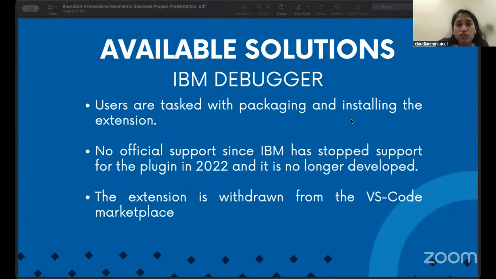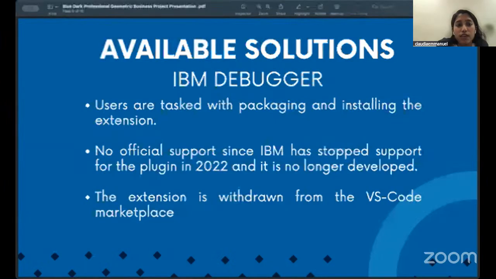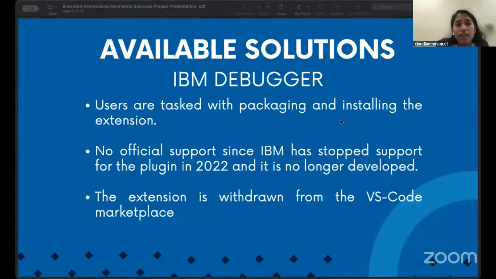All right, so we also looked at the available solutions in the market, and we came across the IBM debugger and the Spydra debugger. With the IBM debugger, we found that there were quite a few limitations. One was that it required a manual setup. The users had to manually build a VSIX file and import it, which adds another level of complexity for the user. IBM has also stopped supporting the debugger because it was discontinued in 2022. So there are no current updates or bug